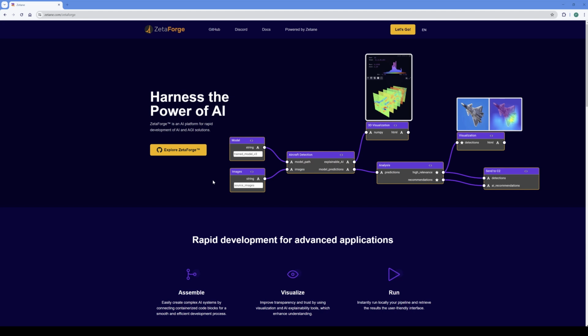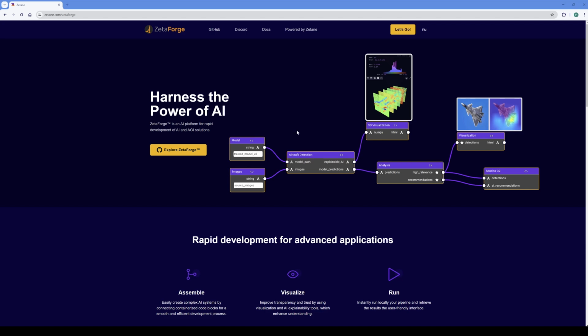The reason why we built ZetaForge is that when working with clients, it was really difficult to reuse the components we have built and also exchange them within the team. And we were also trying to keep up with all the new repos and new techniques and new models that were coming out almost every day, and they are still coming out really fast. So when we say harness the power of AI, the goal is really to be able to integrate quickly within your solutions the state of the art and the cutting edge models and techniques and algorithms for your AI powered